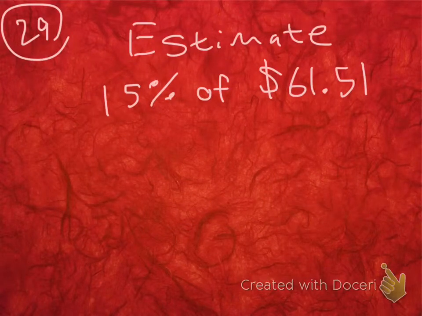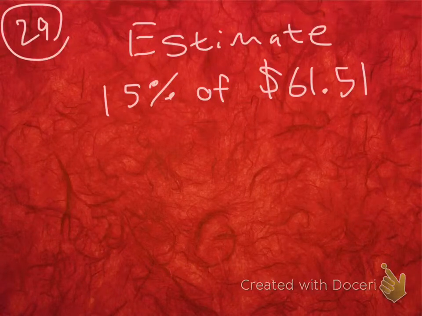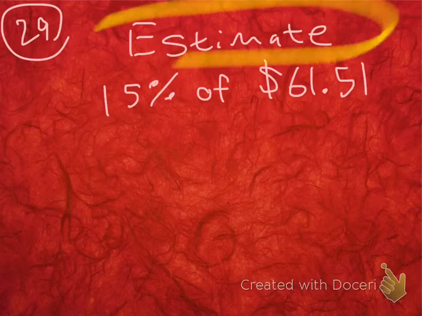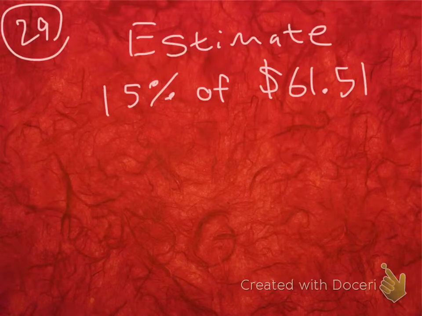They're about estimating. So we're supposed to estimate 15% of $61.51. There are two key numbers there. Now, this concept of estimating first: this does not mean we are solving for the exact number that is 15% of 61.51. We are not